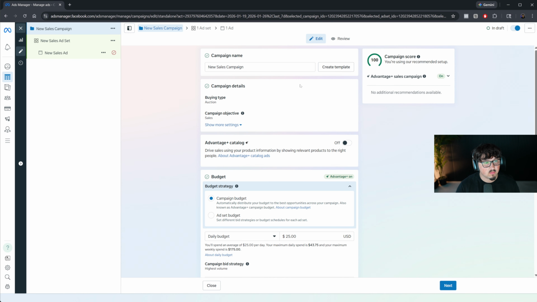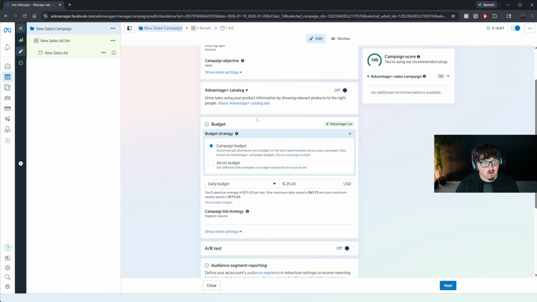All right, guys, so here we are. We're gonna be going through this step by step for ecom ads now, okay? So the buying type is auction, campaign objective is for sales now. The campaign budget could be anywhere. I usually recommend for ecom anywhere from $50 to $100 a day to start getting good purchases, depending once again